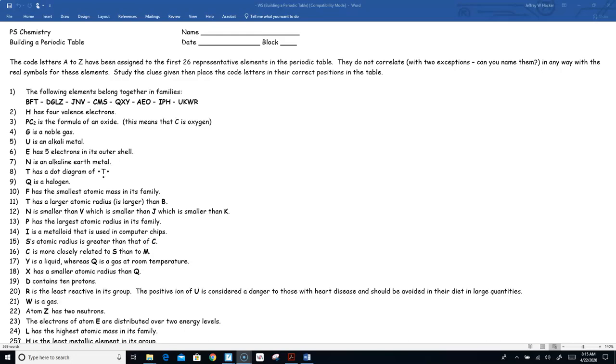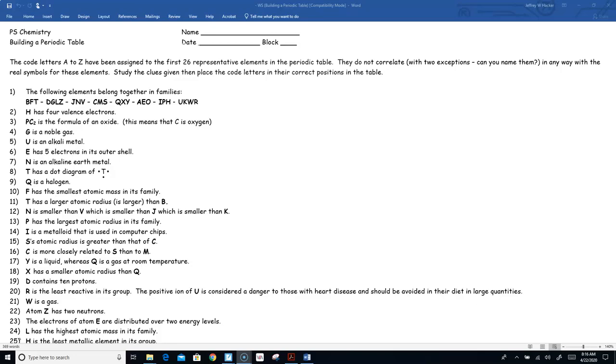We're going to use code letters A through Z. You will note that they do not correlate. That means they're not the same. For example, the element iodine is I, but in this activity, I does not have to be iodine. It can be, but it doesn't have to be. So these code letters are going to be used,